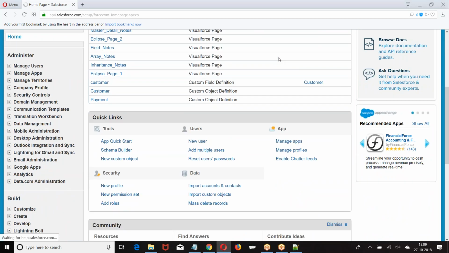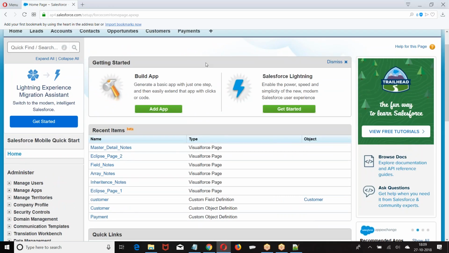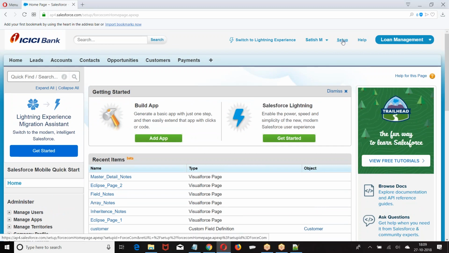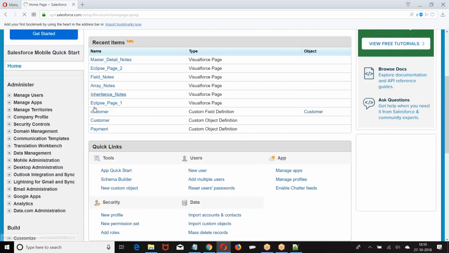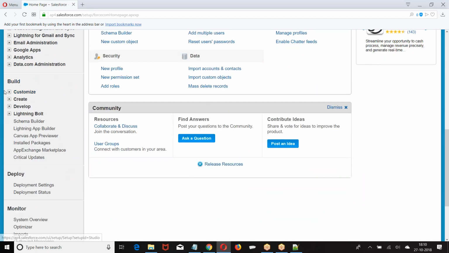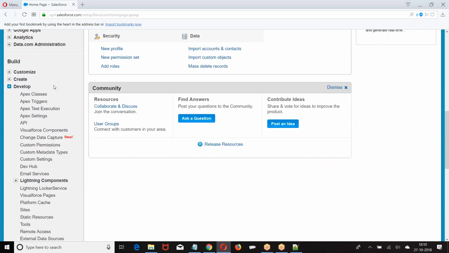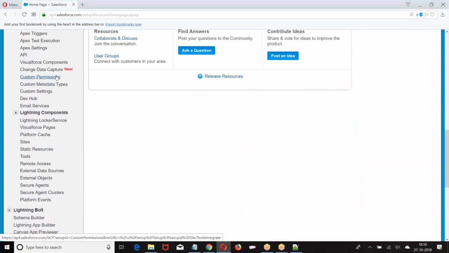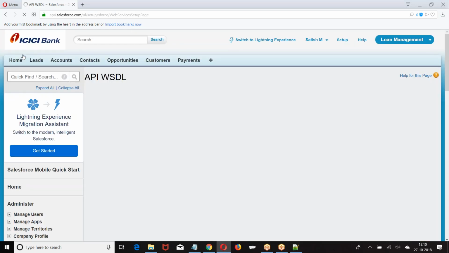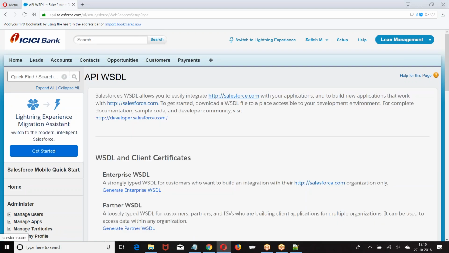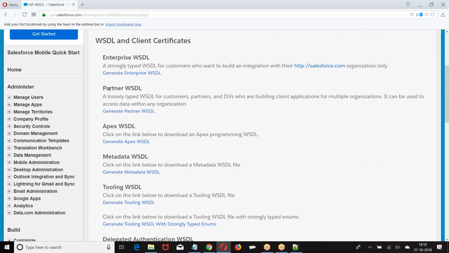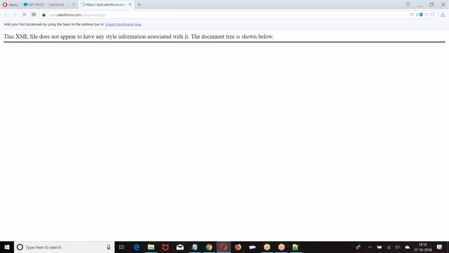Now, partner visual file, enterprise visual file. First, let me go with the partner visual file. Setup, build, develop, APIs. We have visual files. Then what are we generating? Partner visual file. Generate partner visual file.